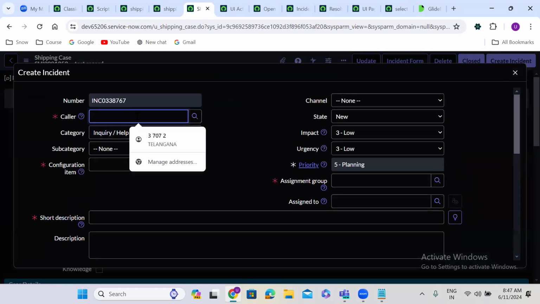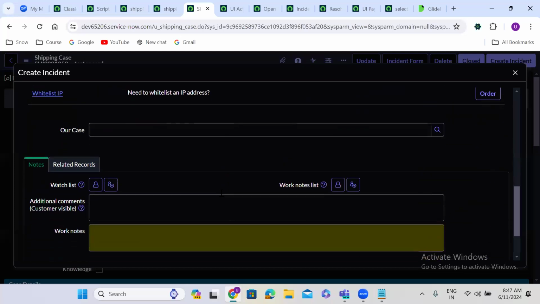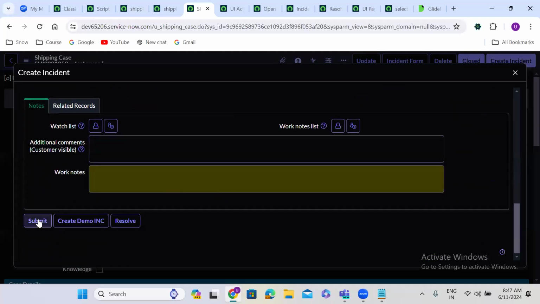It is opening the incident form, right? After filling in all the details, you will click on submit, right? So you will click on submit. After you click on submit,